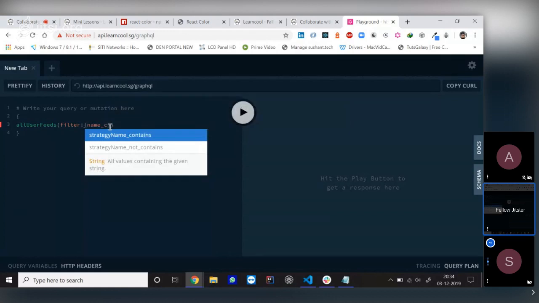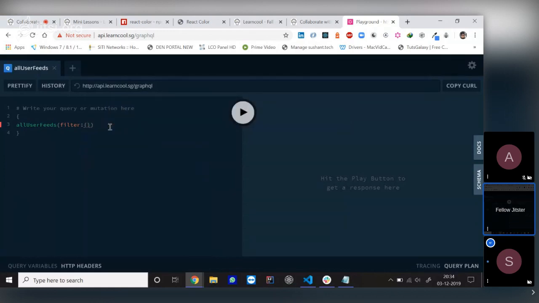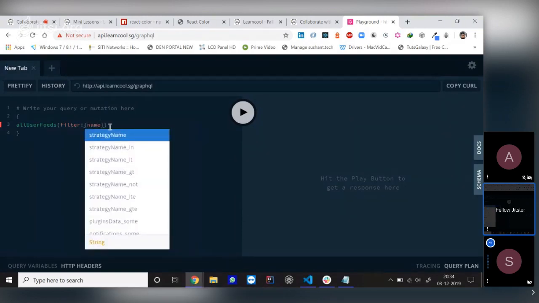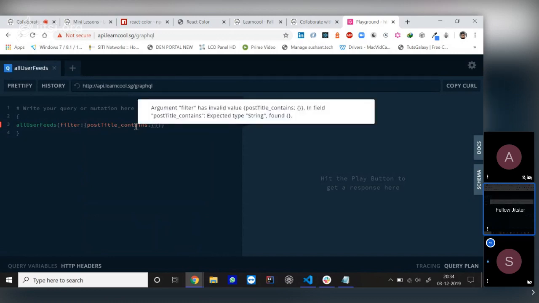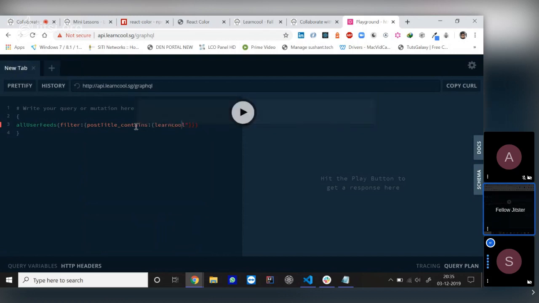Post title contains. Okay, I have to write name. No, type post title. Post title underscore contains, colon and double quotes, and then put learn cool, double quotes, colon and double quotes, learn cool. And then after the circle bracket, put a curly bracket and put